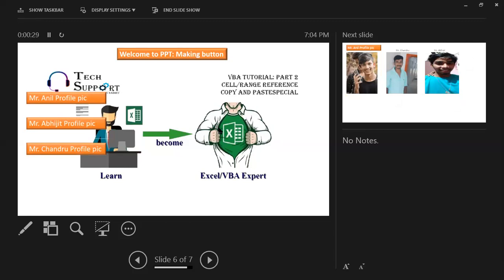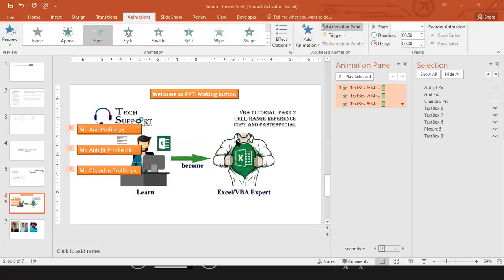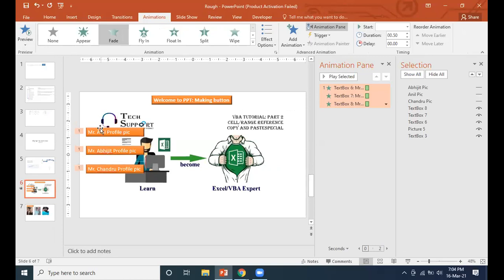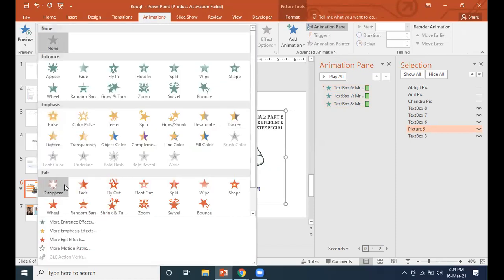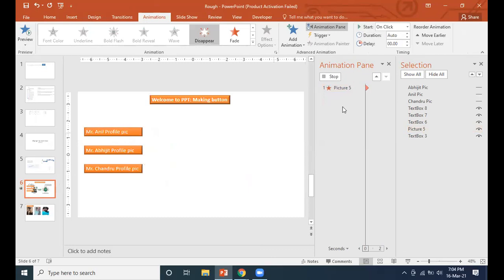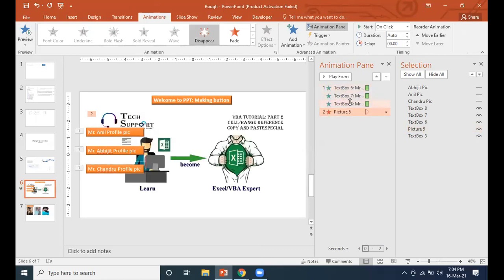So when we click on next, this image should be removed. How can we do that? Let me do it. When we make the animation for this text box, at that same time we have to add one animation for this image: we have to make it disable, and it should happen along with this.